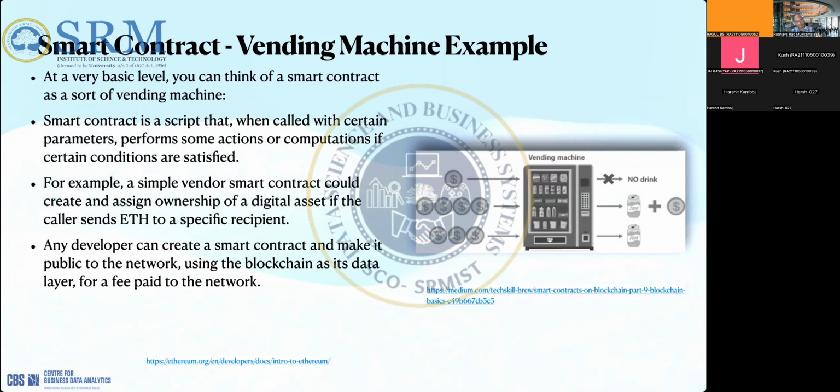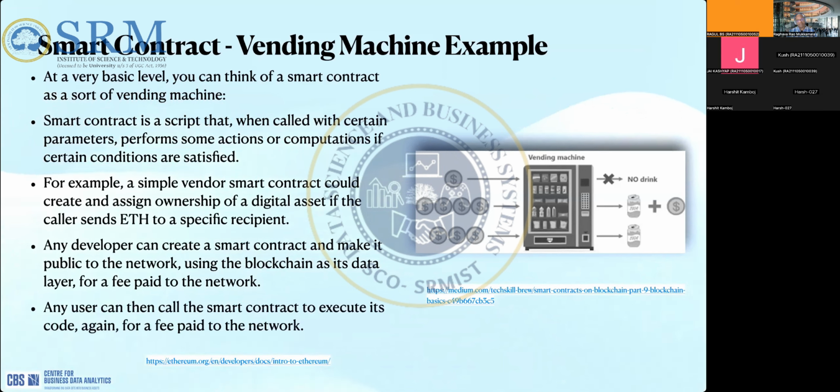Again, there are two stages: we develop the contract, we test the contract, and we deploy it. That is like somebody preparing a vending machine, making sure that it works, putting in all the items it is supposed to hold, and installing it in your campus for your usage, right? So that is the deployment stage. Once it is deployed, people will use it.